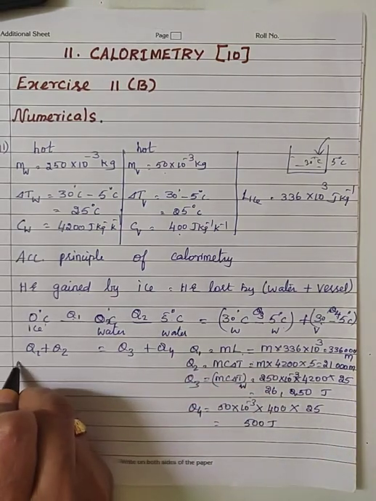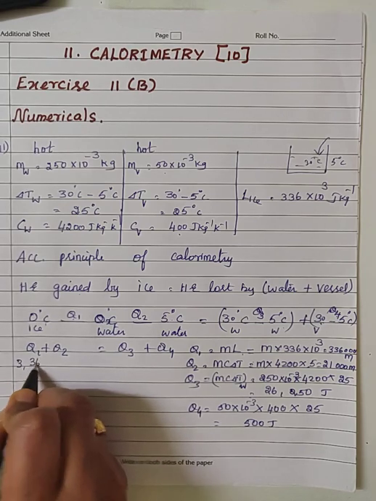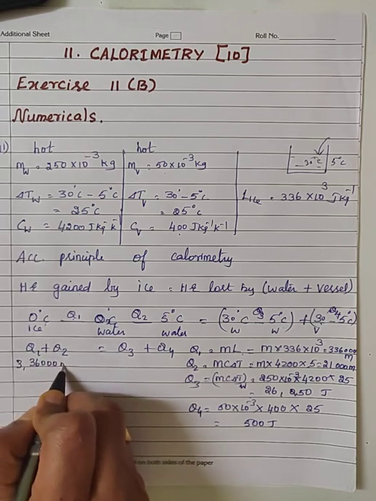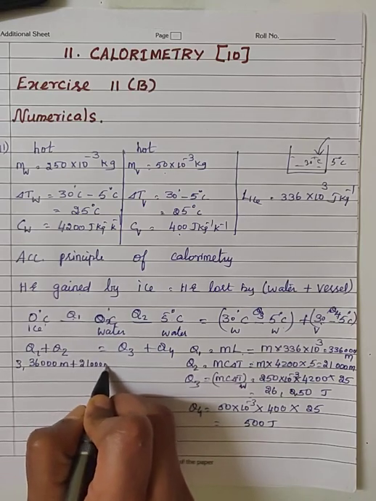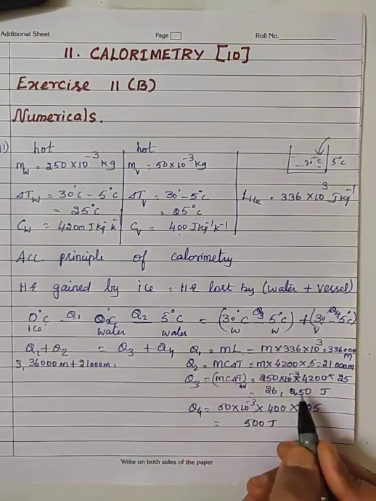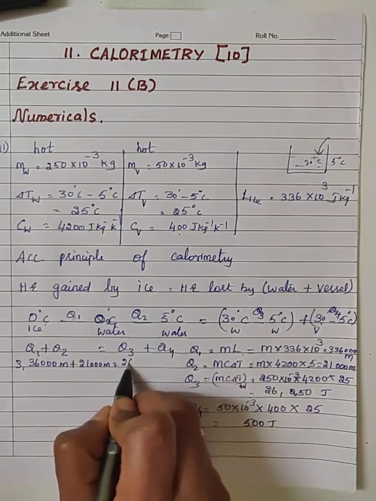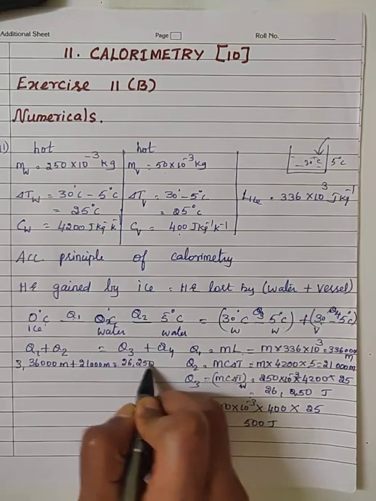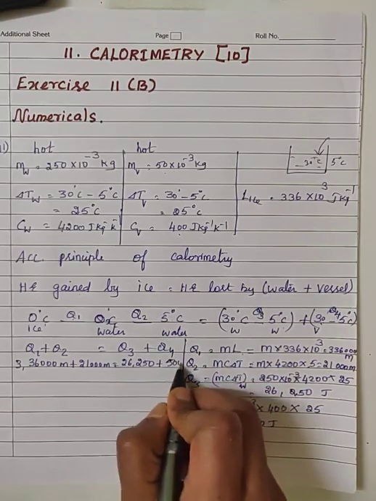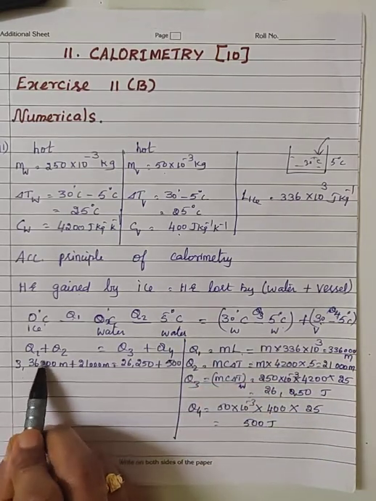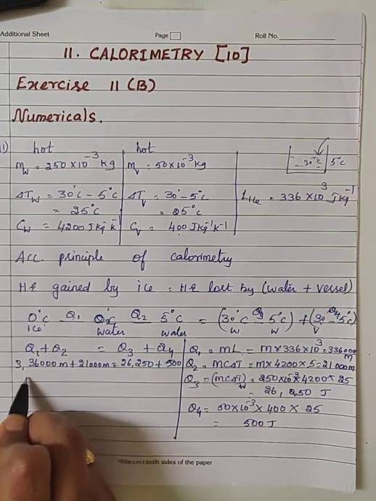Q1 is 3,36,000 m. Q2 is 21,000 m. Q3 is equal to 26,250. Q4 is equal to 500. So plus 500. On addition of Q1 and Q2, we will be getting